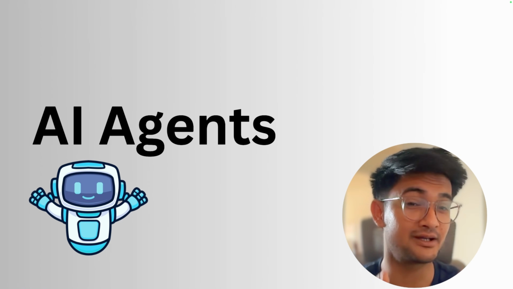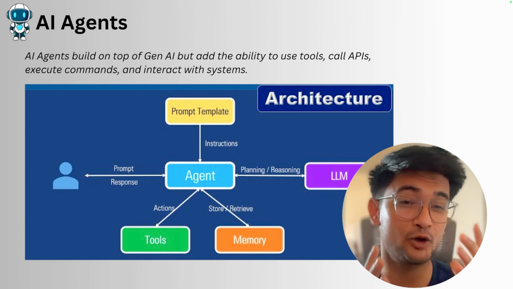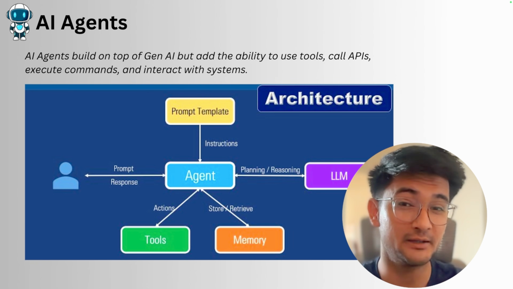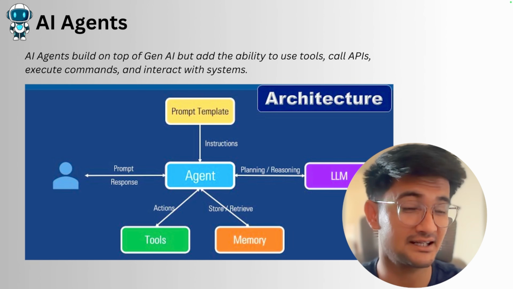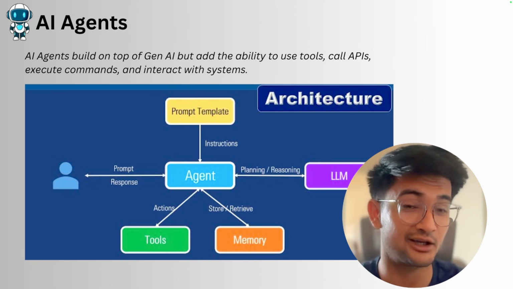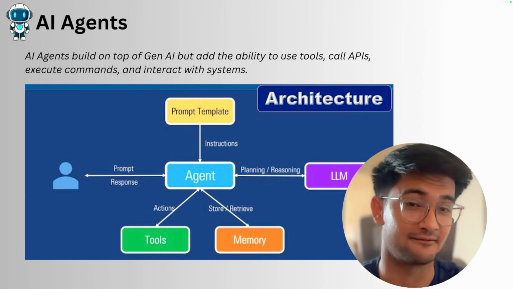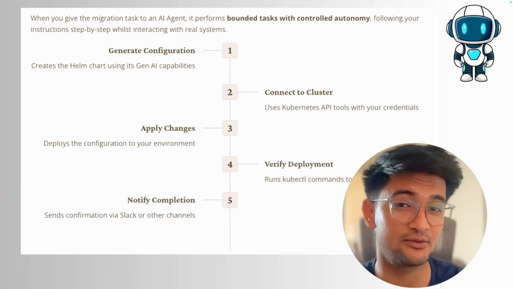Now let's talk about AI agents. AI agents are built on top of Gen AI, but they also have the ability to use tools, call APIs, execute commands, and interact with systems. Which means unlike Gen AI, which can only create content, AI agents can create content and also take actions on your behalf. So if I give the same migration example to an AI agent created maybe using n8n, it